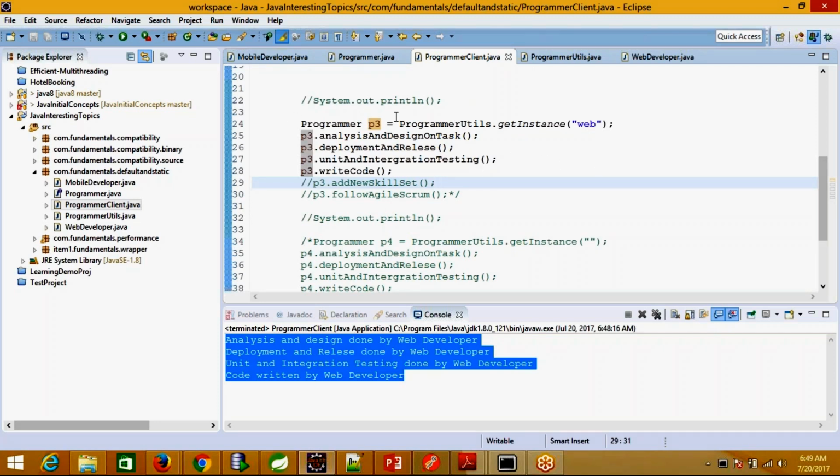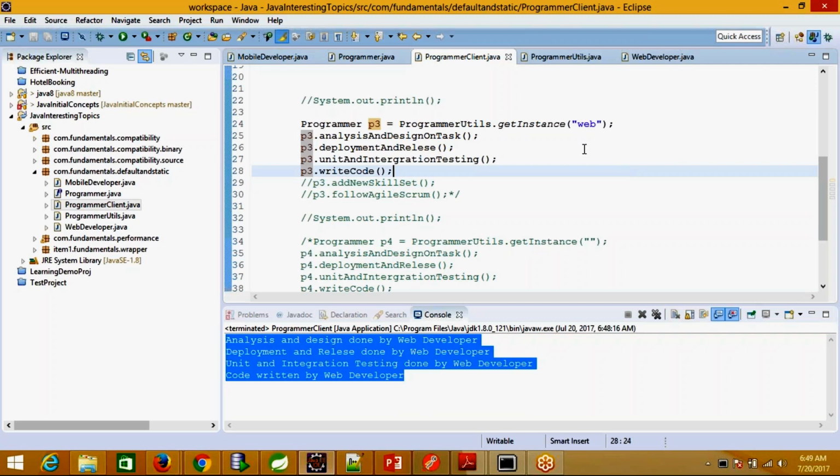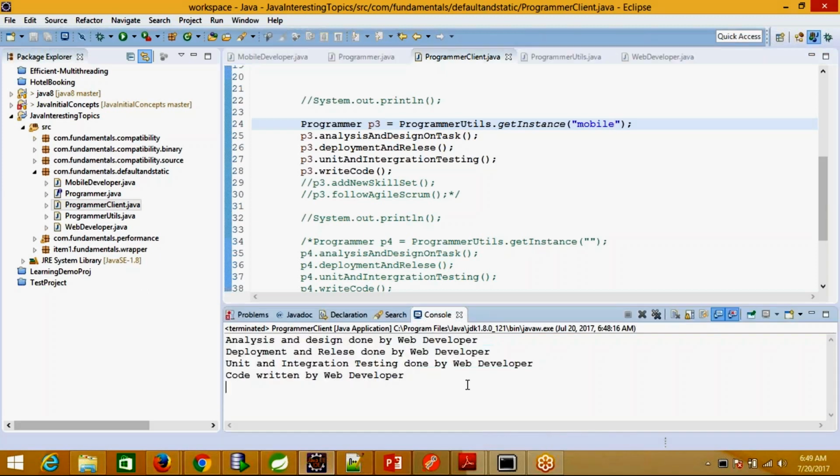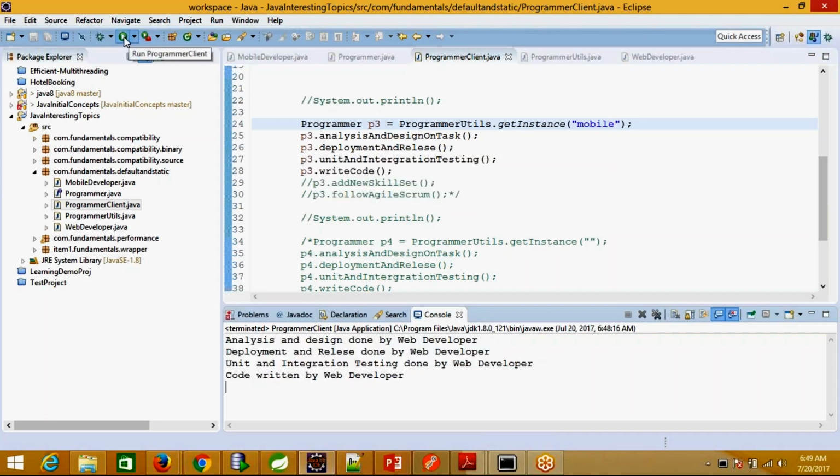When I passed web over here, it gave me the web developer related output. If I pass something else, for example mobile, then it will give me the output related to the mobile developer class methods. So see one more time. Now here we go, mobile here, right?